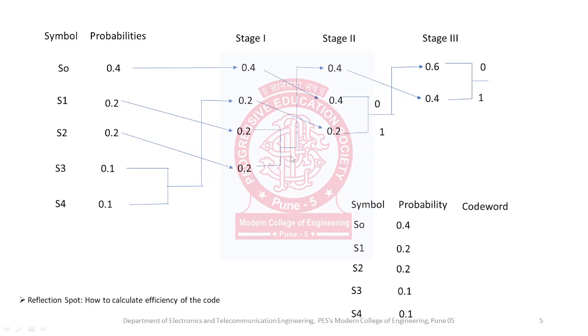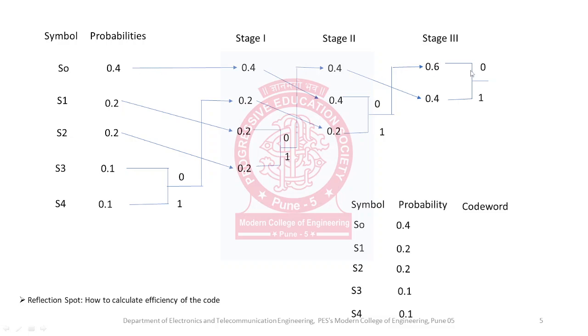To this branch also we are going to assign 0, 1. To this branch also we are going to assign 0, 1. Now the next step is to find the code word. In order to find the code word, we are going to trace the path of the symbols in the